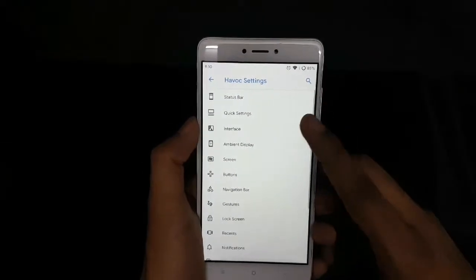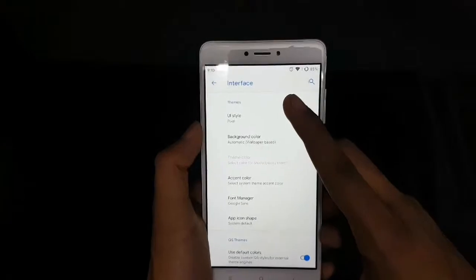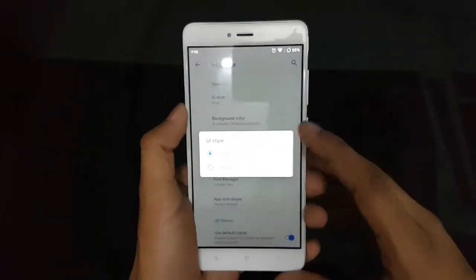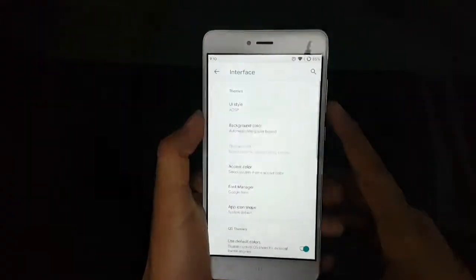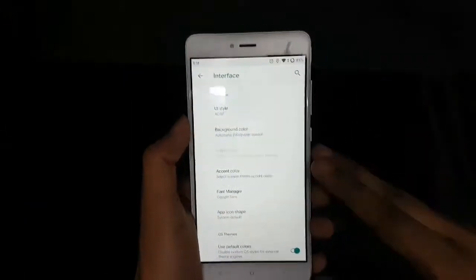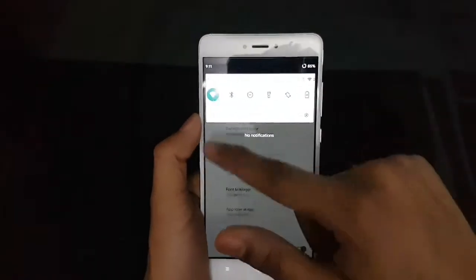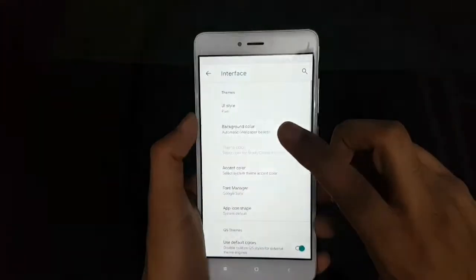So if we go to the interface, this is where things are really good. You can go to change UI style. As you can see, I have set it to pixel, but you can also set it to AOSP and it will go to the lock screen. Yes, as you can see, we are back on the lock screen, and this accent color has been changed. It is green and more squarish, very squarish here. And if I go back to pixel,